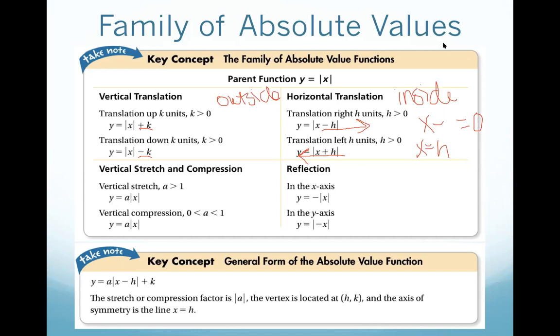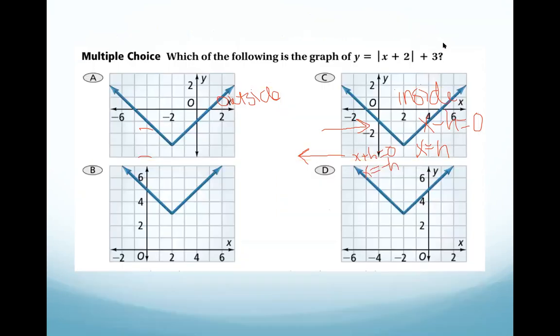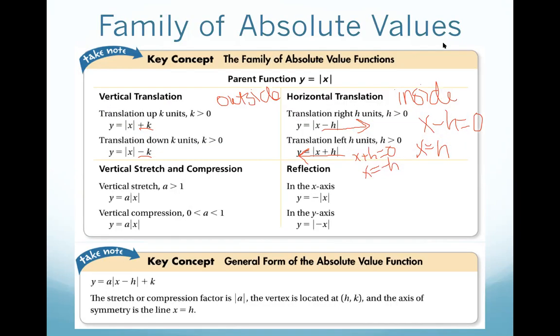And the value that would make x plus h 0 would be a negative h value. Okay. For our vertical stretching and compressing, the same rule applies. If I'm multiplying by a number greater than 1, it's a stretch. If I'm multiplying by a proper fraction, it's a compression. So this would be fractions, 1/3, 2/5,